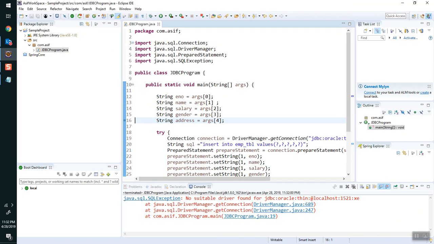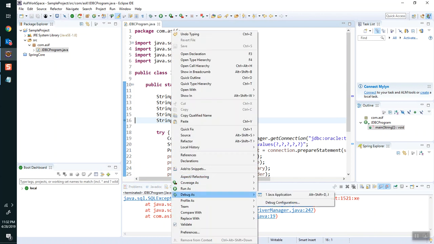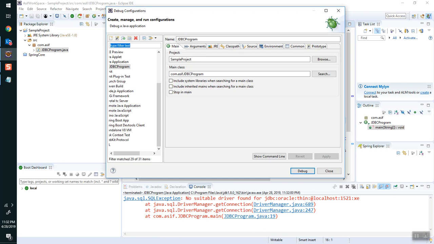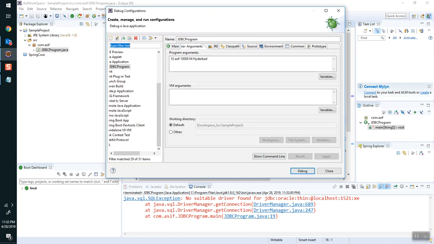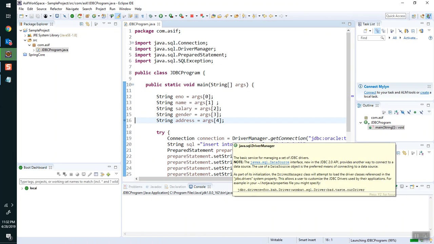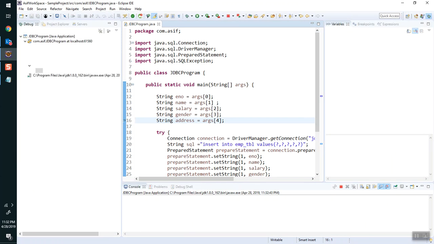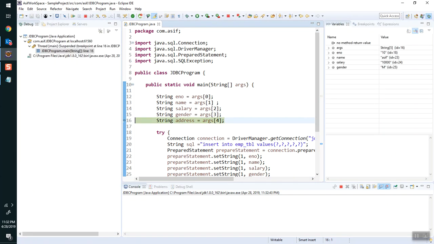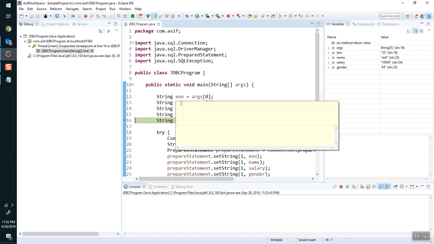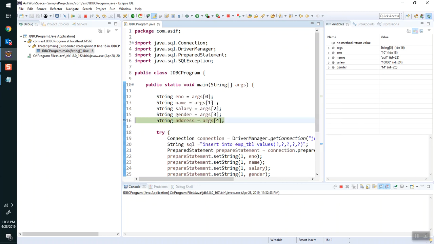So I will right click on it, debug as, debug configurations, then check the arguments, and say debug. I will switch to debug mode. Now in the background it's executing. My cursor is here, it has executed all these lines. So let me place my cursor here and check whether I'm getting the correct value or not. Yes, I'm getting the correct value for the E number. For the name, yes. Next the salary, yes. Gender, yes. Address,